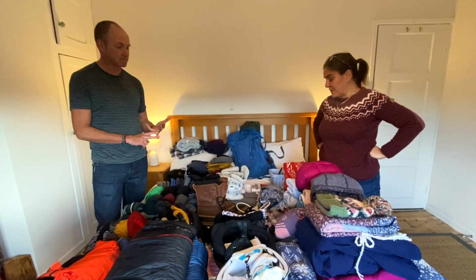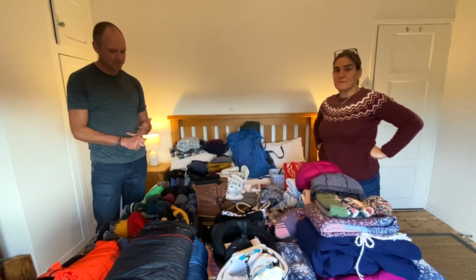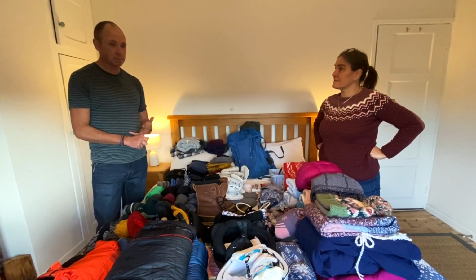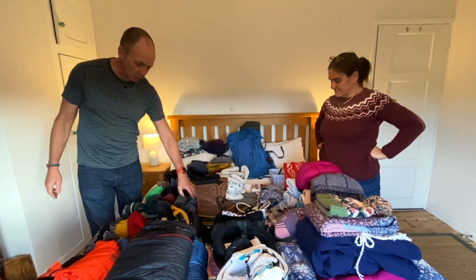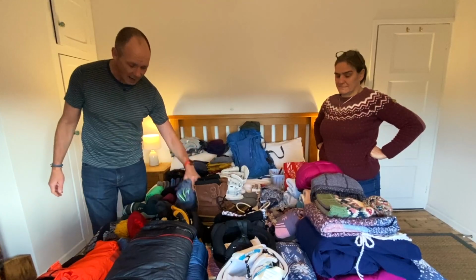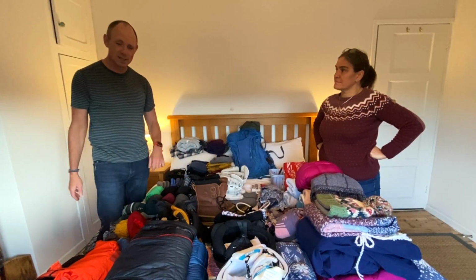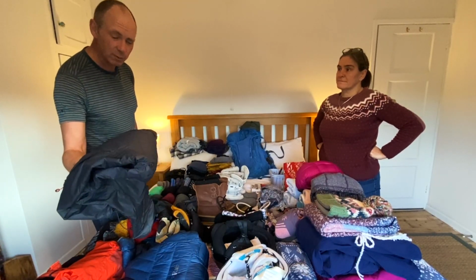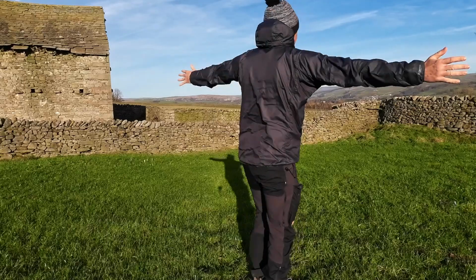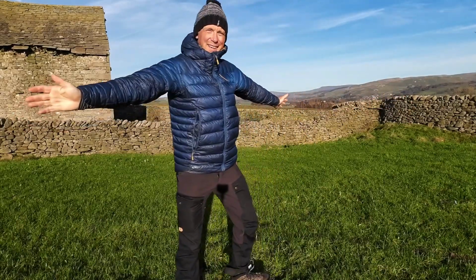I have had some lovely new long johns for Christmas and some nice new merinos, so I'm going to try them out. The next layer up is a little bit personal in terms of what you like. I like to go for a thinner top and then some sort of insulation. I'm not a massive fan of fleeces, so I have a man-made insulated jacket, which is really good if it's a little bit damp or you get a little bit sweaty, or if it's really cold, I take my duvet